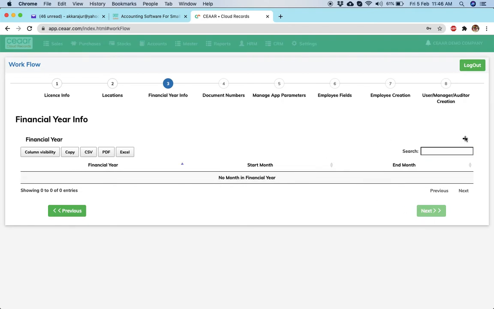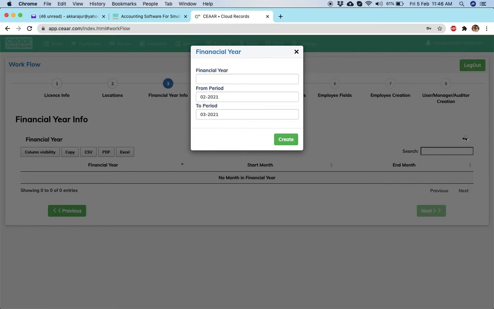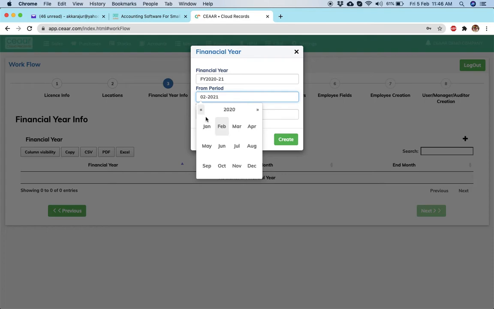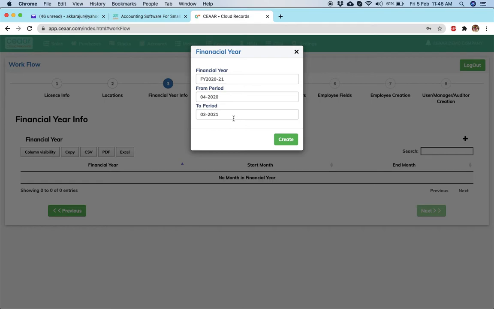Financial year. If you are not an accountant or if you are not an auditor, if you do not know this particular information, please get it from your auditor or tax consultant or your accountant to enter it here. Financial year 2020-21, and this actually started the financial year from April. In India, the financial year always ends in March. So, from the last April to the current year, March. You can have a shorter financial year in the first year because you may be migrating your accounts from the old system to the new system.